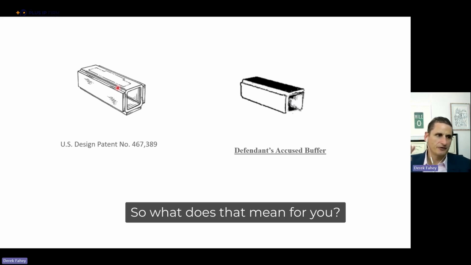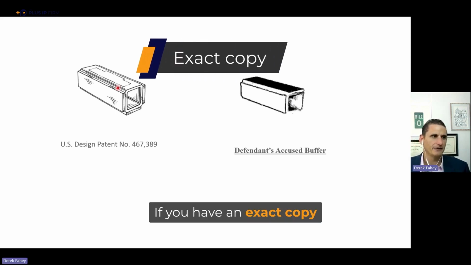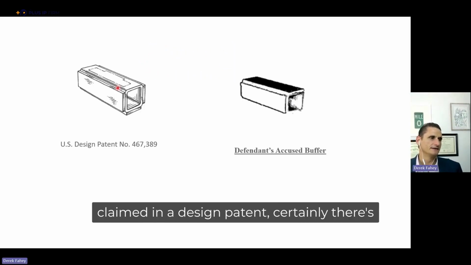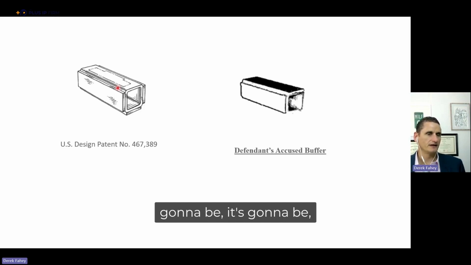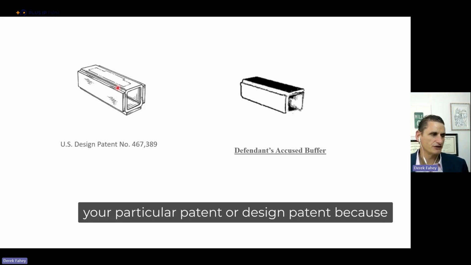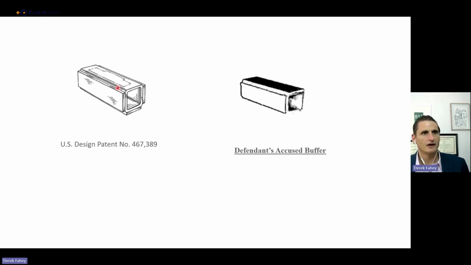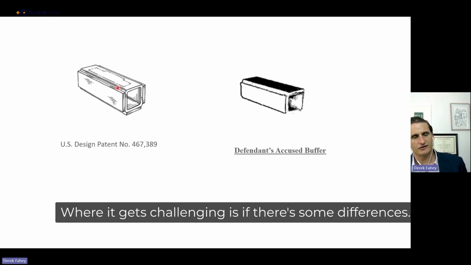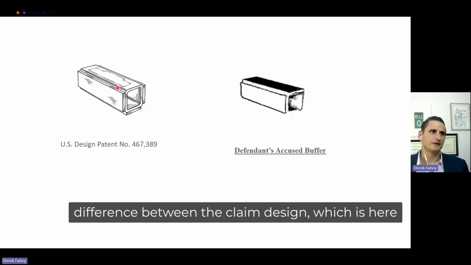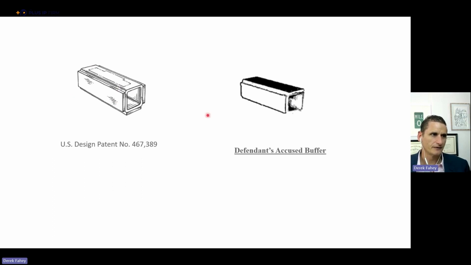So what does that mean for you? If you have an exact copy that is shown or claimed in a design patent, certainly I think it's going to be easy to say that someone is infringing on your particular design patent because it's exactly the same. Where it gets challenging is if there's some differences. So when you're looking at if there's any difference between the claim design, which is here, and